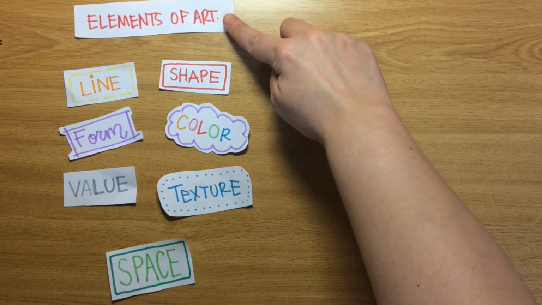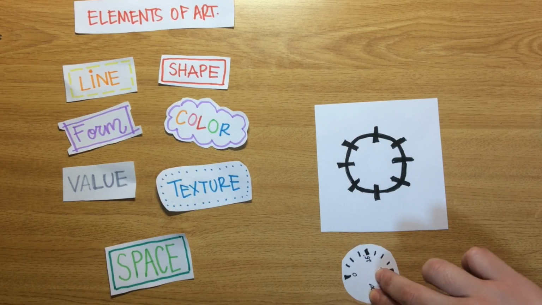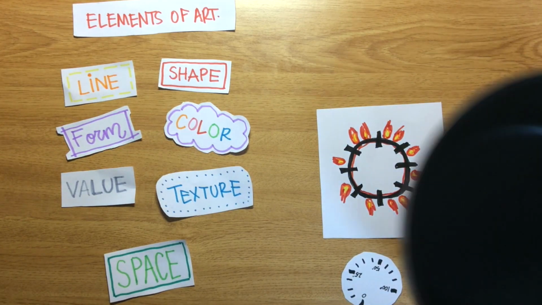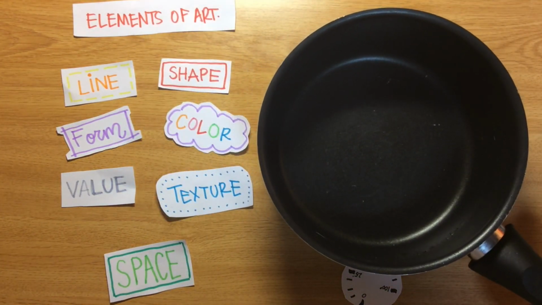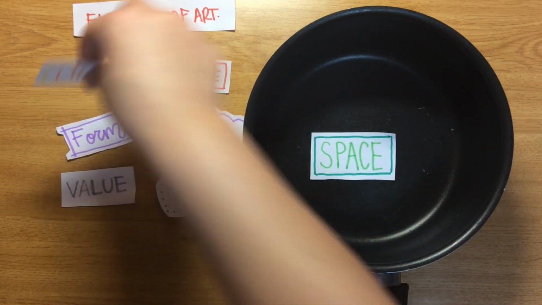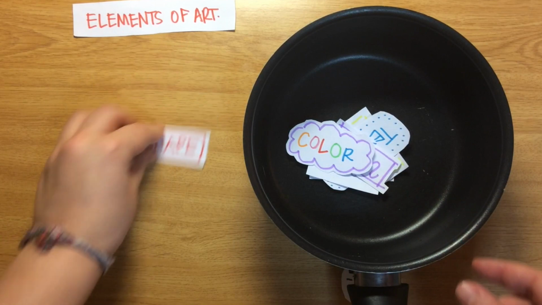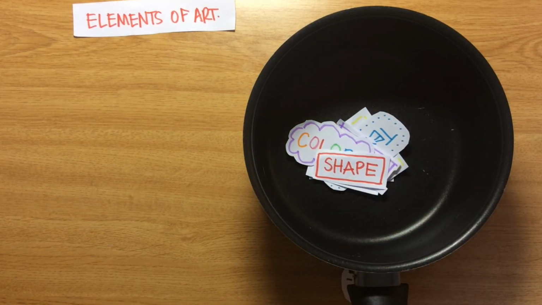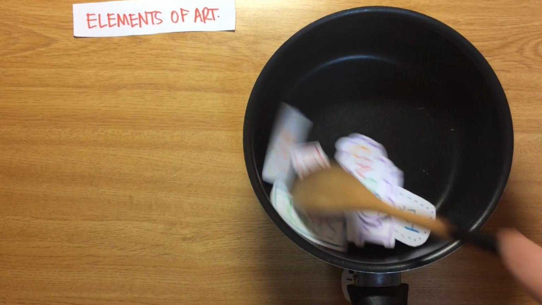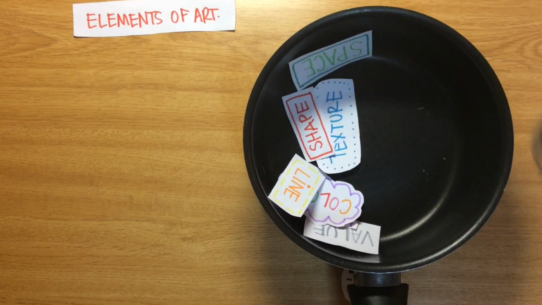We have to think about these elements as ingredients, like if we were doing some cooking dish. Imagine we have our fire, we're gonna put it all the way up, and we're gonna put a pan on top of it. If we pour all these ingredients inside the pan, we can pour all of the ingredients 1, 2, 3 at a time. What we're gonna get are gonna be beautiful artworks. Let's add a little bit of creativity and skills to this mixture, and now let's stir. Once we have all of this together very well cooked,